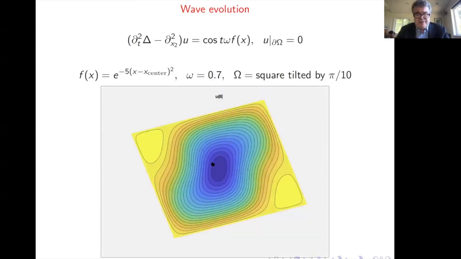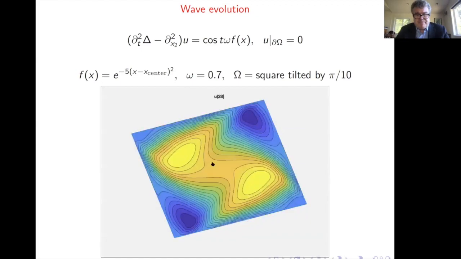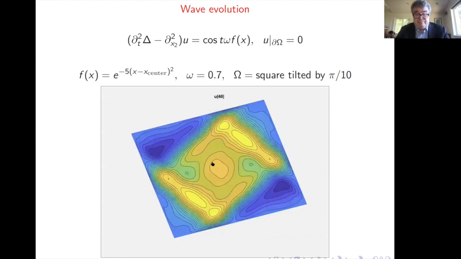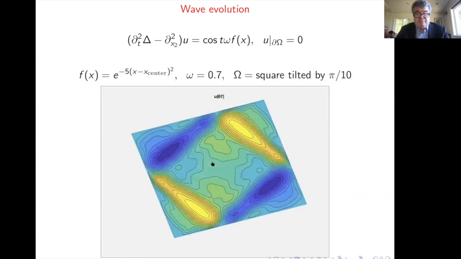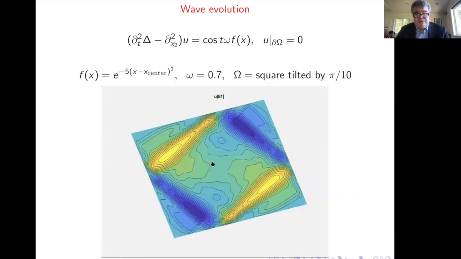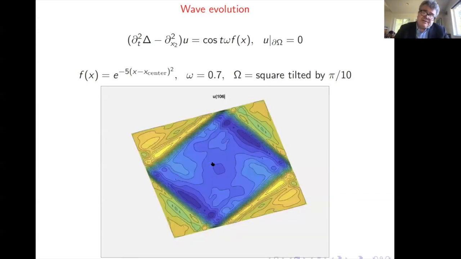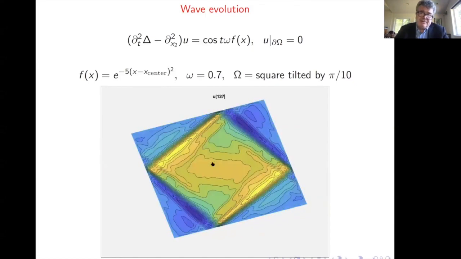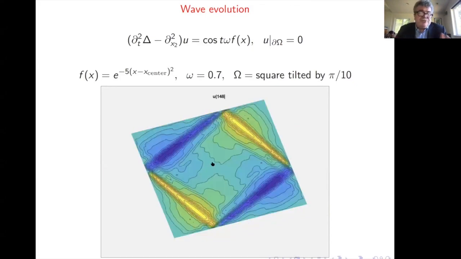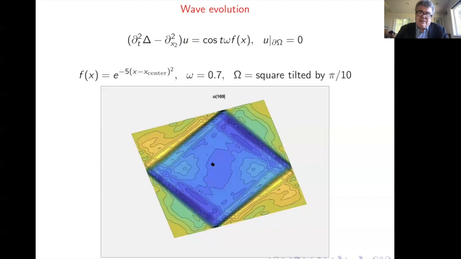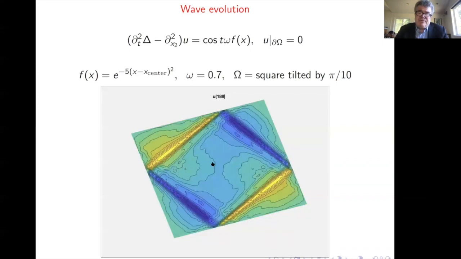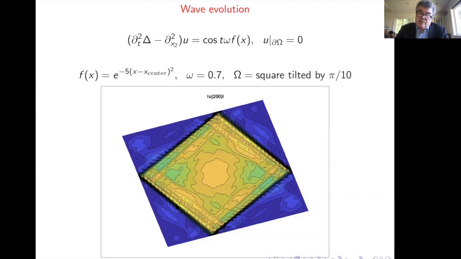The solution looks like this as time goes on. So it sort of does its stuff. But then you see that you have oscillations with the singularities of u. I mean, u is smooth, or H1 at least, but some singularities appear exactly on this geometric shape. And that's sort of what you saw in the aquarium. And the idea is to understand this phenomenon